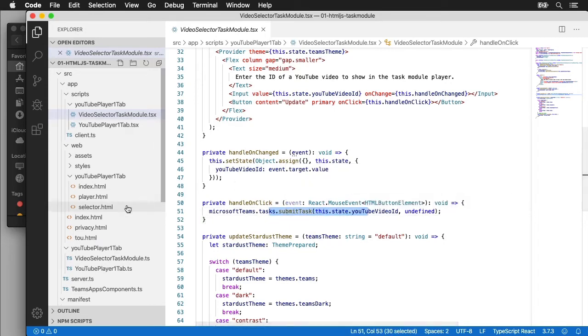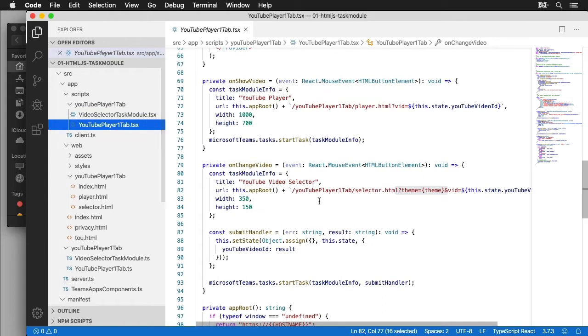What I can do back in my task module, or when I invoke the task module, is here you see when I called my submit handler, or my on change video, right here. So this is when I click that button to change the video. It's going to start the task, so it's going to launch the task module using the info that I've specified up here. But I'm going to issue a callback as well, and I'm going to say that when this task module either errors out or submits, which is how you saw me do it just a second ago,